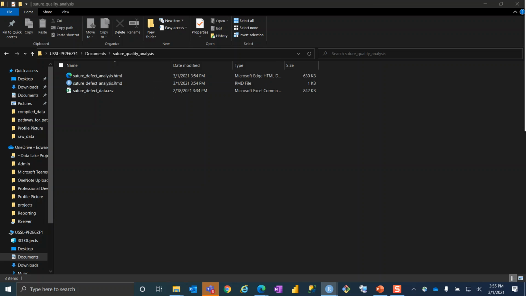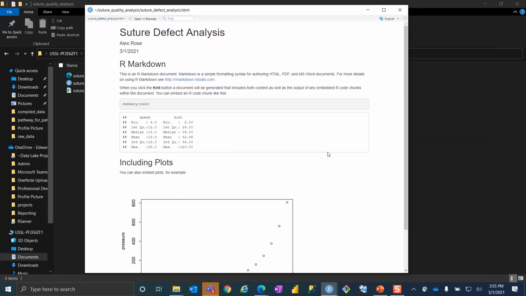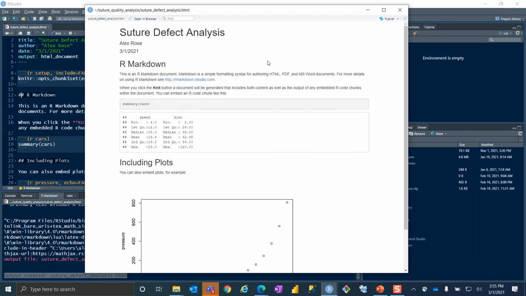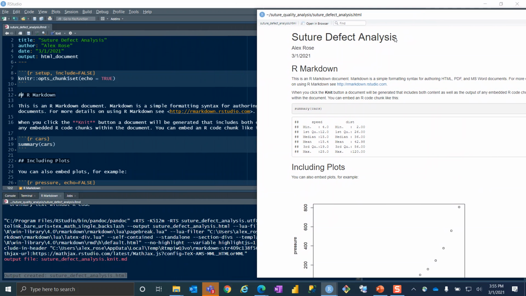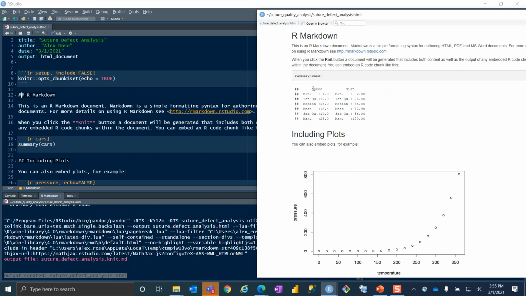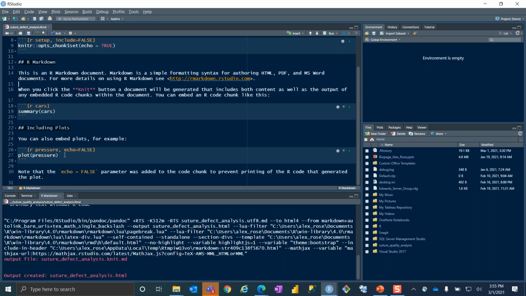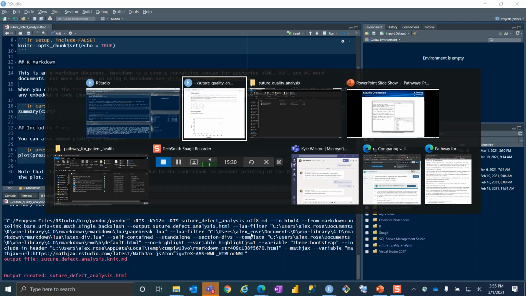Now, if I bring this over, you'll notice that R automatically produced this little HTML document for us. And you might notice a few things. So let's compare this to the raw code. What do you notice about the double hash sign or the double pound sign? You can see that that's creating some kind of header, some kind of special title. What do you notice about these code chunks? I think perhaps the first thing that jumps to my mind is we see that there's actually output associated with them. If we click over here to the plot section, we actually see that a plot was drawn, and that's